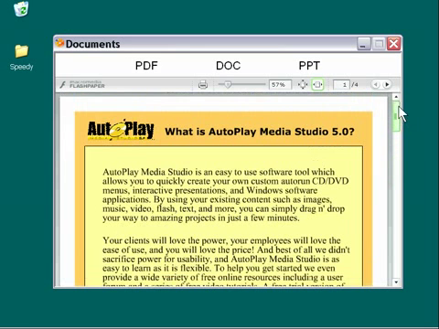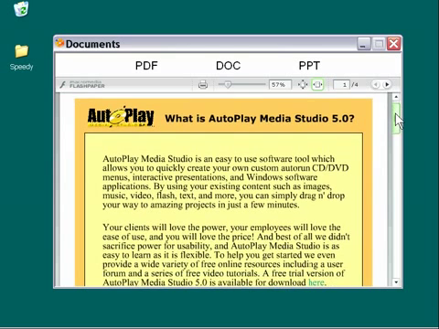Okay, so let's take a look at a couple other ways of deploying different documents, because actually there's other ways such as the web object and standalone viewers that we can do the same functionality as we've done here. So we'll go ahead and look at that in the next